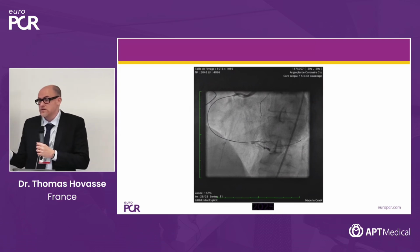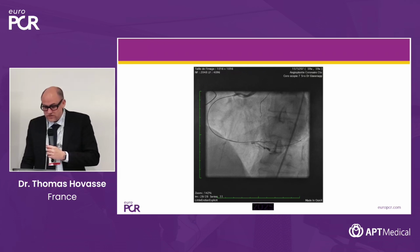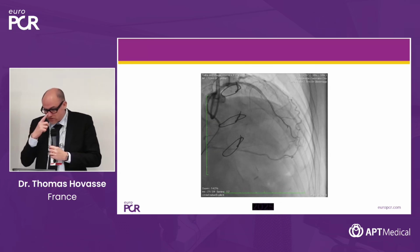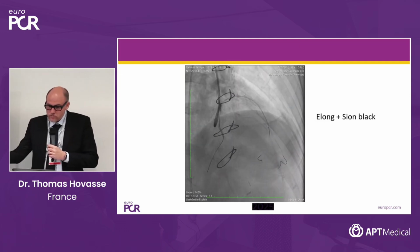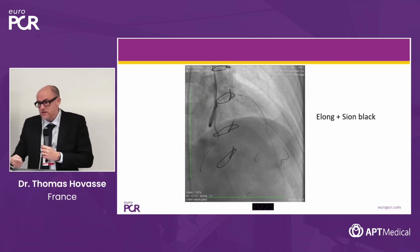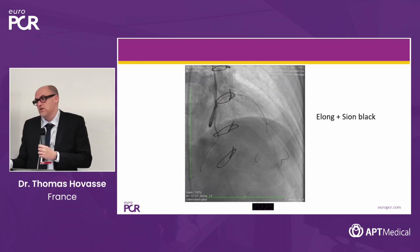If you are not sure you are in the distal lumen, don't advance the micro further. So it was time to change the strategy or complete the strategy by a retro approach. So you let the antegrade wire in place, as you can see. You remove your Elong microcatheter either with an extension or with a simple trapping, and go back with the same